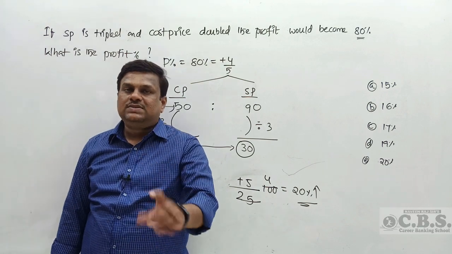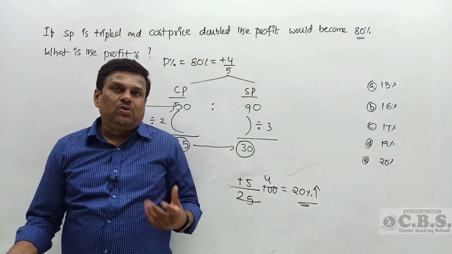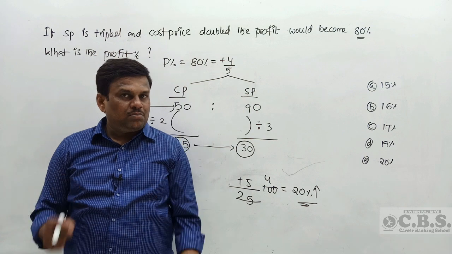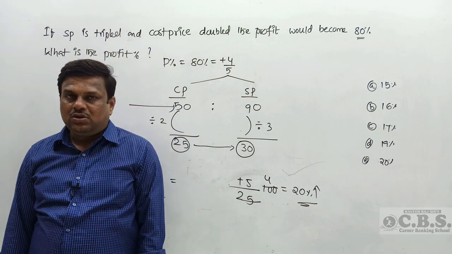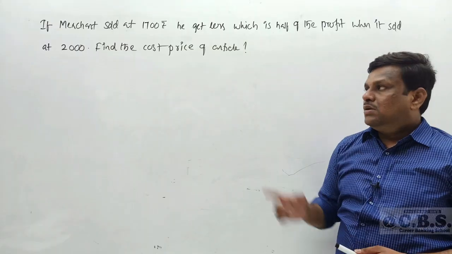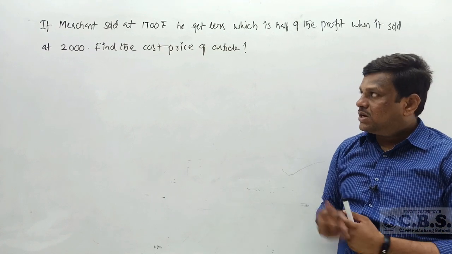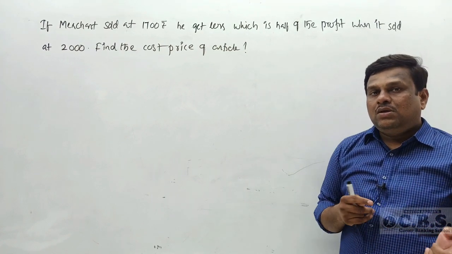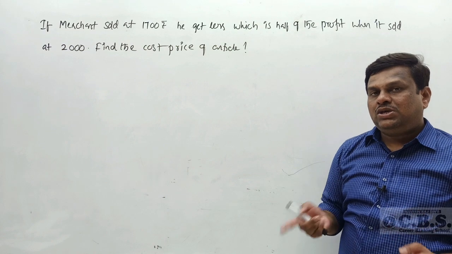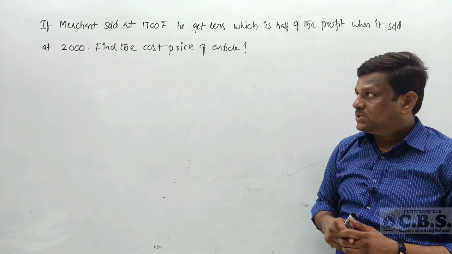So you need to focus on what type of quantifier is given in a question. That is a major task in a profit and loss question. Okay, let's go to the next question. Next, the modification happens in price, not quantifier. Before, we discussed change of quantifier, but here the price is changed.